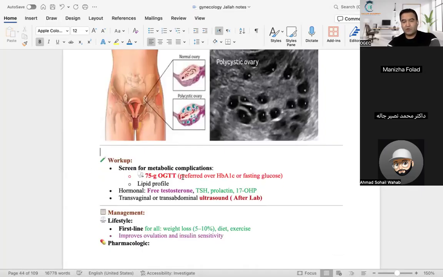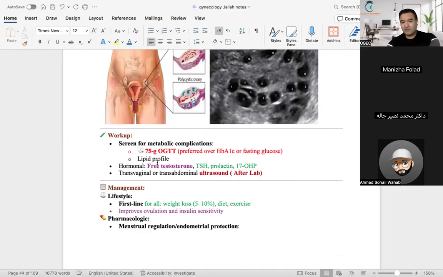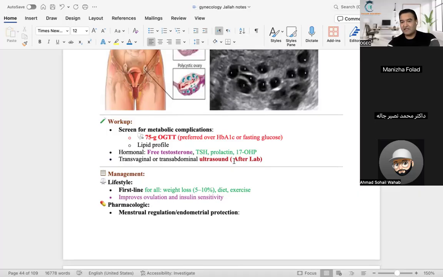For the lab workup, so basically patients with polycystic ovarian syndrome usually have insulin resistance. In order to do the screening for insulin resistance, we have 2 options: hemoglobin A1C and OGTT. But OGTT is preferred. So do not waste your time on doing the hemoglobin A1C or fasting glucose. The best way to do it, since it shows the tolerance, it is more specific for insulin resistance screening, go with that 75-gram OGTT. And lipid profile for sure, because these patients will have hyperlipidemia as well. For hormonal, free testosterone is supposed to be checked: TSH, prolactin, 17-hydroxyprogesterone, and transvaginal or transabdominal ultrasound, again, after lab